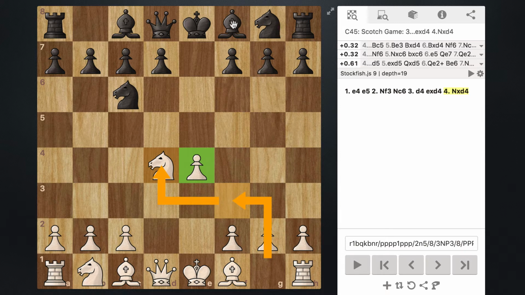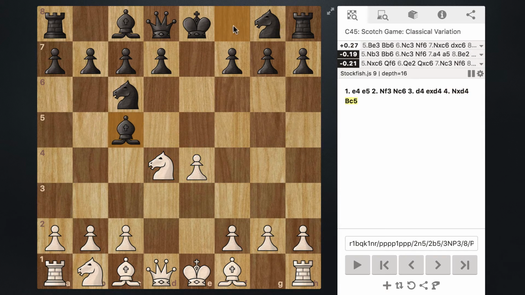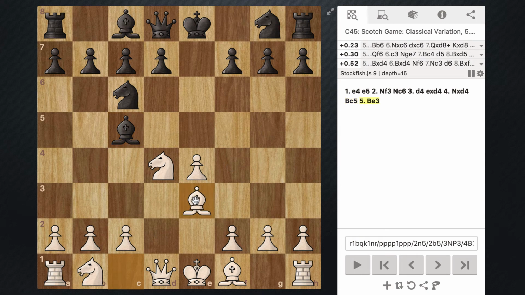Now, black's response in this variation is to bring their bishop out to c5. Of course, not only does this develop the bishop, but it also attacks this knight in the center. Very good opening move. And what white is going to want to do is, of course, they don't really want to just retreat their knight, even if it is attacking this bishop, because we already moved it twice, and it's just not a good idea to move this knight around and around, let it be chased all over, especially when we have so many other pieces left to be developed. So the most standard reply is to take this bishop and